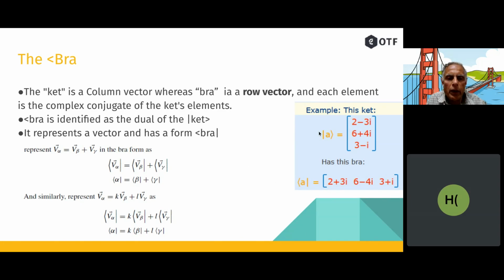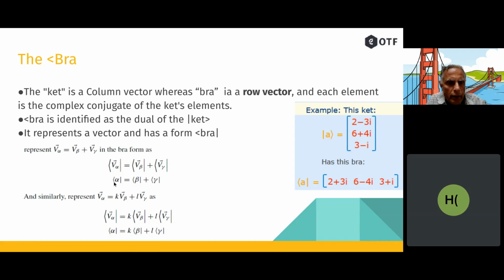So the ket can be converted to a bra. A bra can be converted to a ket vector. So column vector and row vector are the representation. This can be multi-dimensional, but we are talking here of a single column and single row. This can be as complex as you want. It can be a square matrix, it can be any of these, but at this time we'll limit to a dimension which is on the matrix representation to the